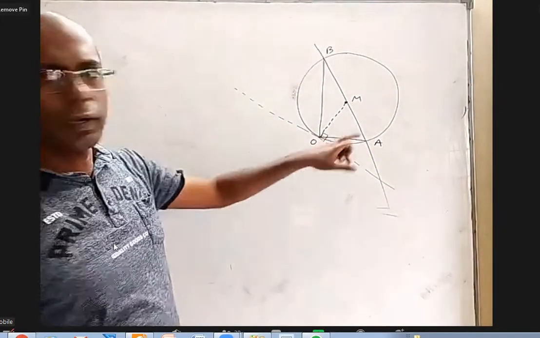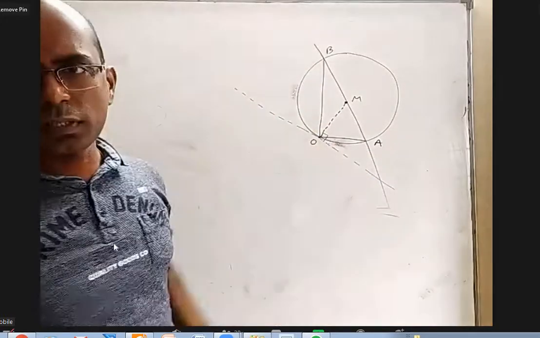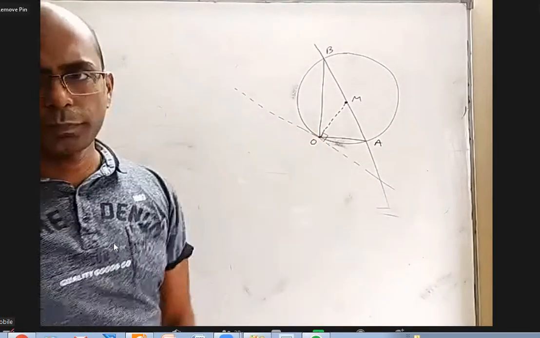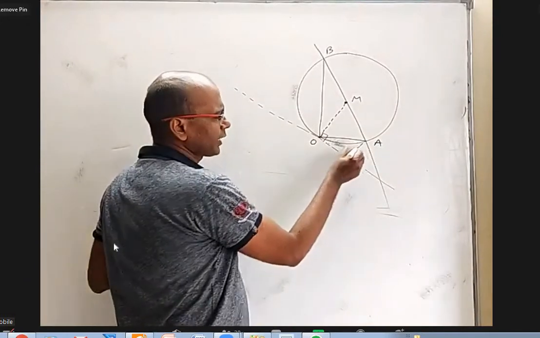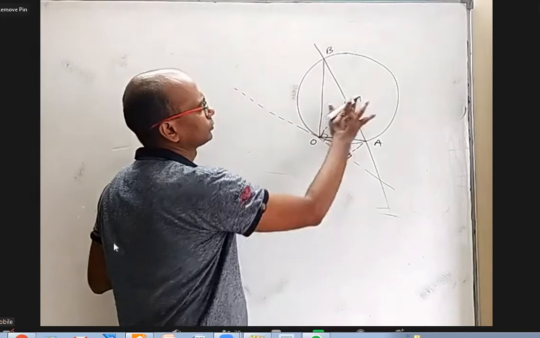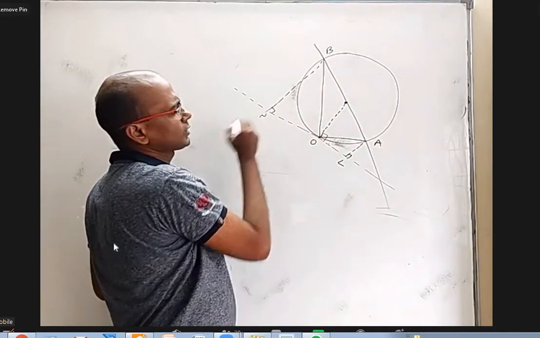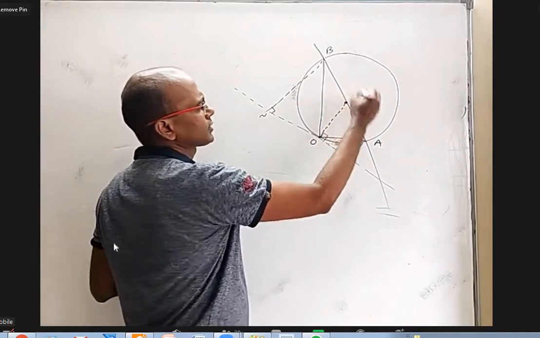So take a circle. AB is the diameter. O is any point on the circle. At O you draw a tangent. From A you find the perpendicular distance, which I'll call L. And from B you find the perpendicular distance, I'll call it N. This is C.